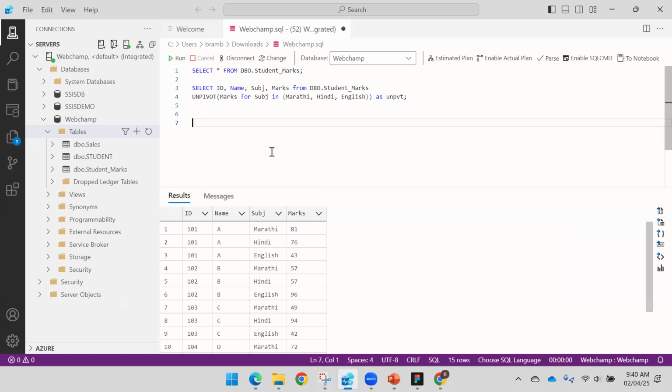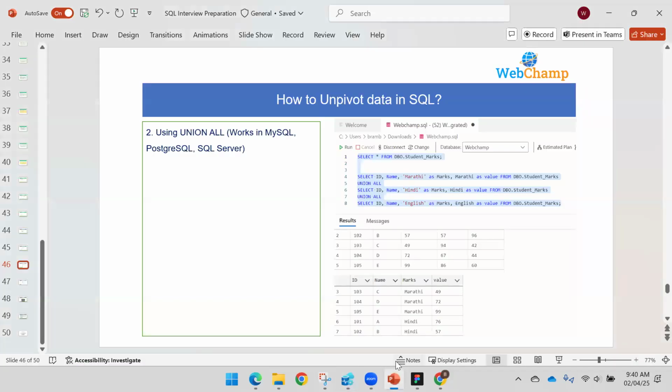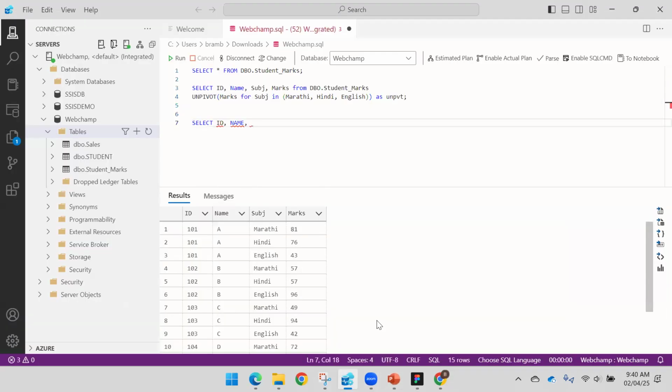So I will say select, first of all my columns id and name as they are, then my next column will be subject, right? The next column will be subject, but the column value should be the marks. Whatever the subject name is there, it should be